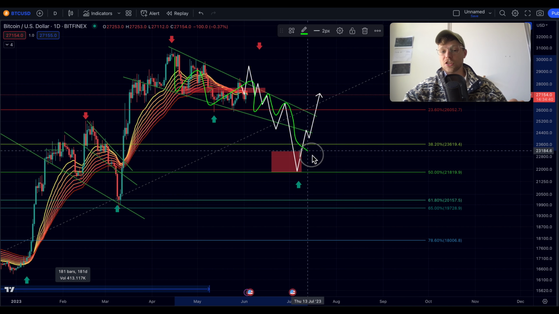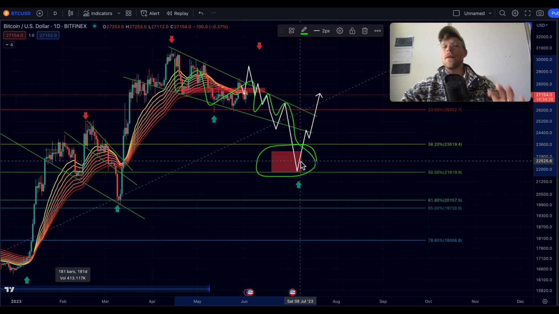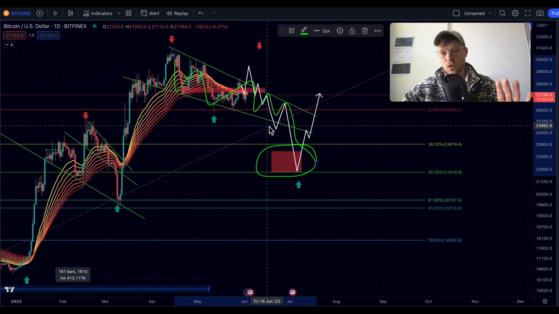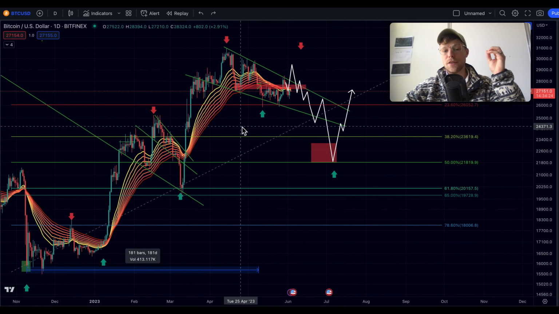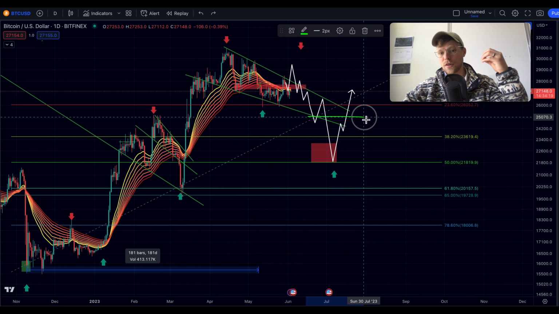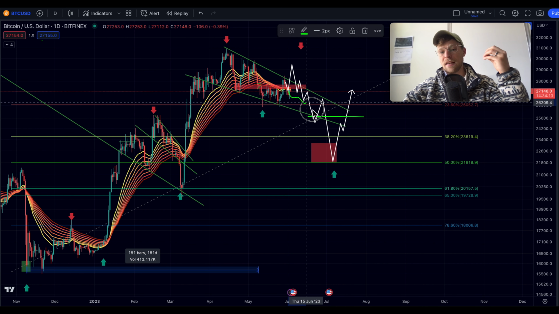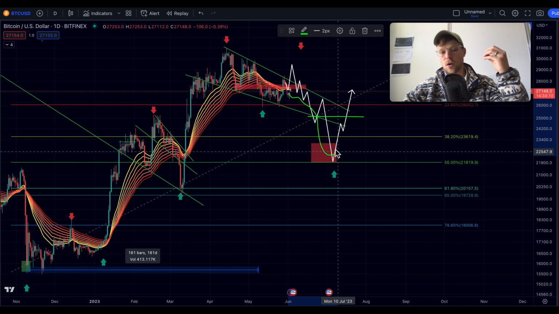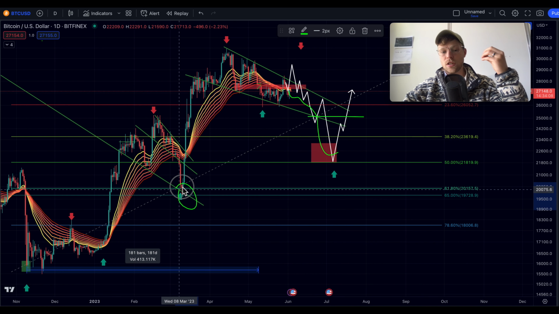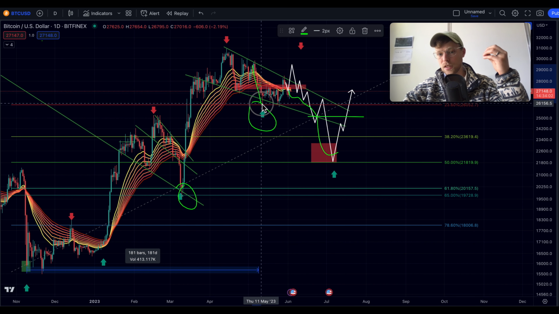coming into that cycle low that we are tracking, and do keep in mind, guys, that this cycle low is only based on time. So we could also see that cycle low in this price range. I just put it based on time, and I put it a little bit lower, because I think if we would just correct to these levels, 25k, that is possible, but we should be prepared to see a capitulation event as well, because normally, as you can see, these cycle lows come with quite massive moves to the downside. This was also quite a massive move to the downside.